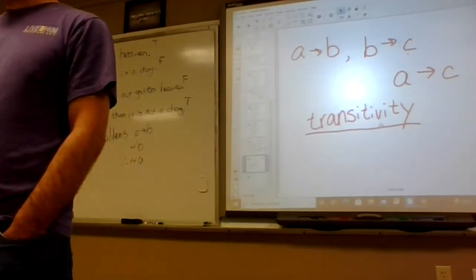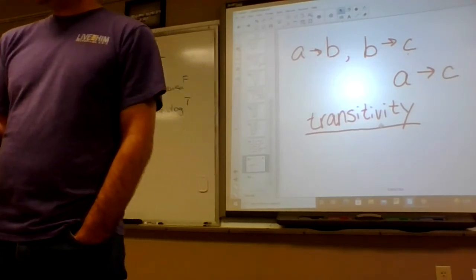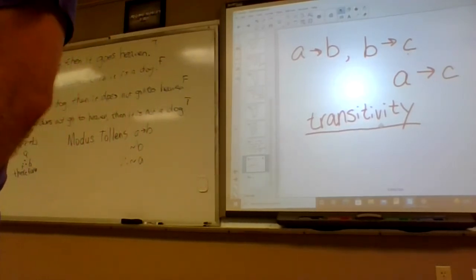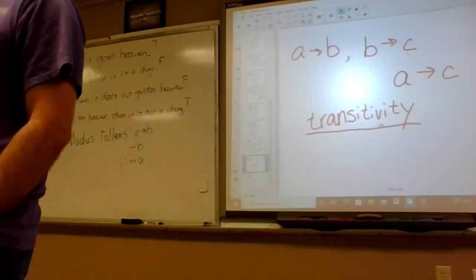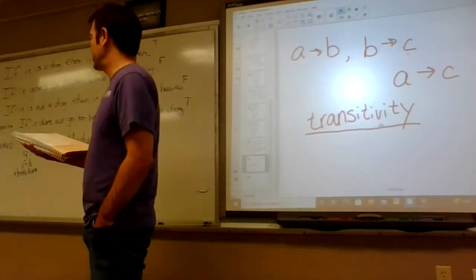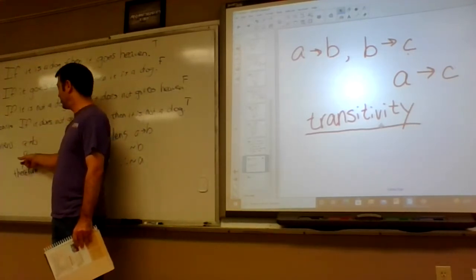Number 11. Oh, transitivity? Or no, it's 12, hold on. Let me read it first. If I break my arm, then I will go to the hospital. I broke my arm. I'm going to the hospital. Oh! Modus ponens. That's the kind of restating the if-then statement. So that's I broke my arm, so I'm going to the hospital.